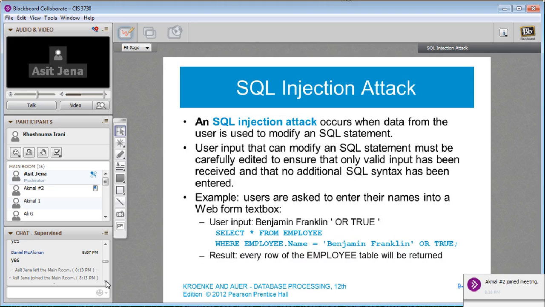So how do we prevent a SQL injection attack? This is when you have code inside a C# program or a Java program. We have embedded code that is called inline SQL. One of the ways to get around it is to not have inline SQL, but pass a parameter to a stored procedure. One of the things we talked about was that stored procedures are a lot safer than inline SQL, and this is the reason.